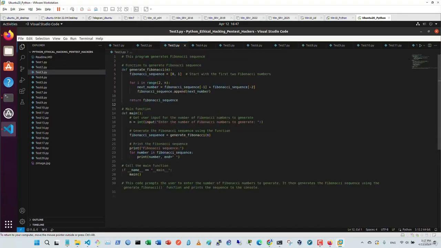So another example: this program generates the Fibonacci sequence. What is important is to know that we are going to define a function to generate the Fibonacci sequence. As you can see here, first of all, we get a number, and then the sequence starts with the first 2 Fibonacci numbers. From here, for i in range 2 to n that we get from here,